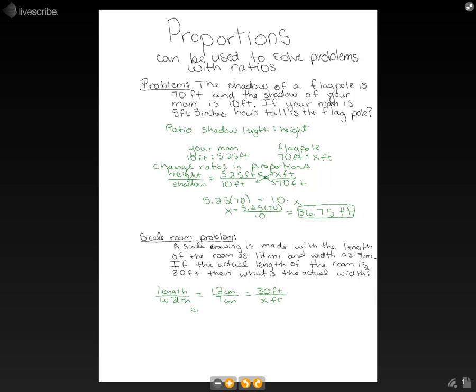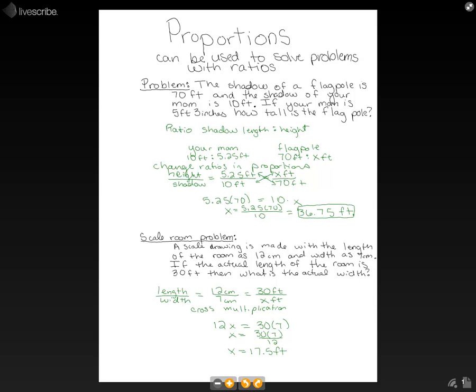Once again, we're just going to do cross multiplication. So you're going to get 12x equals 30 times 7. If we do our math here, we'll have x equal to 30 times 7 divided by 12, and x equals